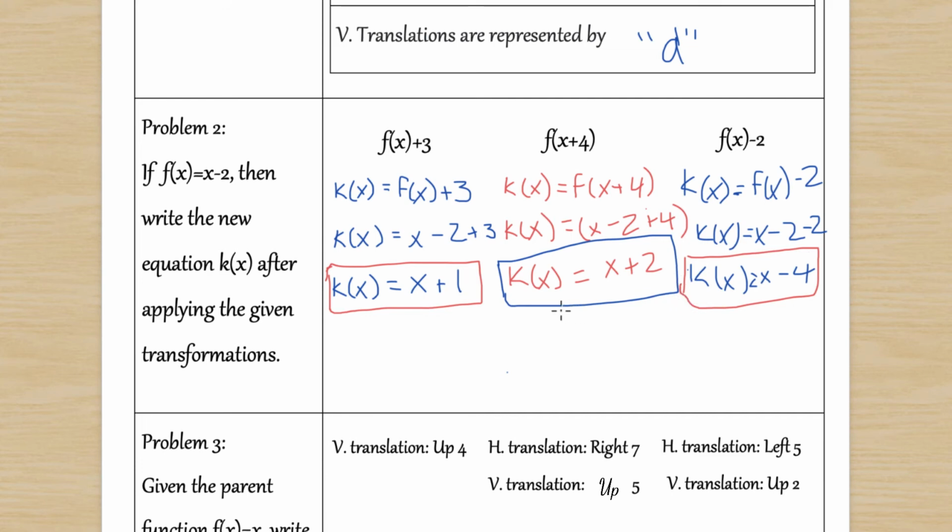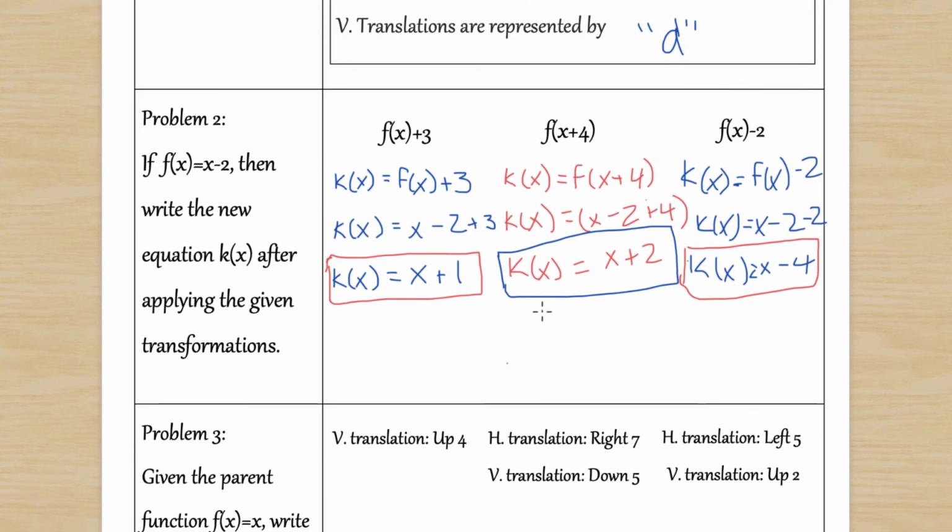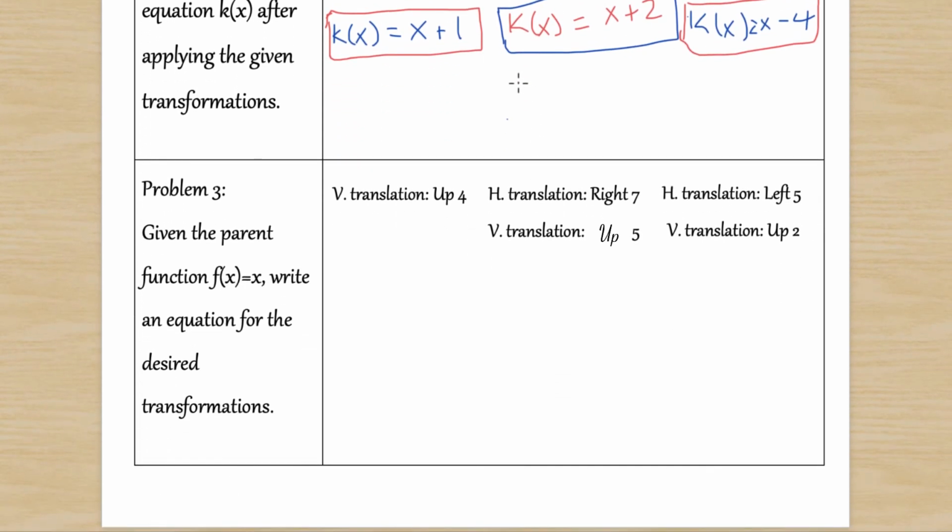Now, let's move on to problem number 3. So problem 3 says, given the parent function f of x equals x, write an equation for the desired transformations. So this time our original function is the linear parent function f of x is equal to x. So for our first one, it wants us to translate the parent function f of x is equal to x